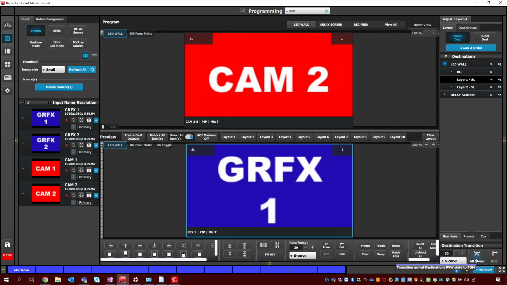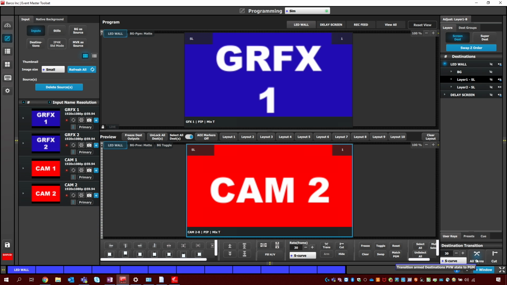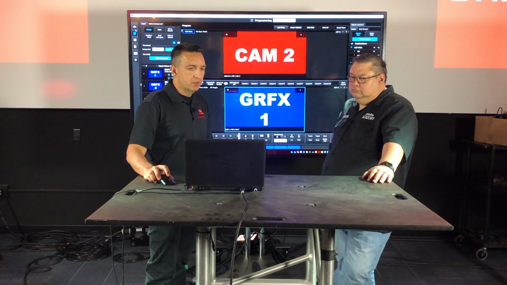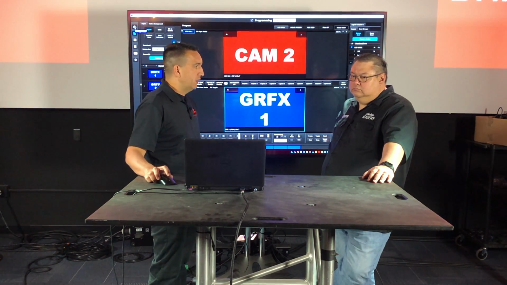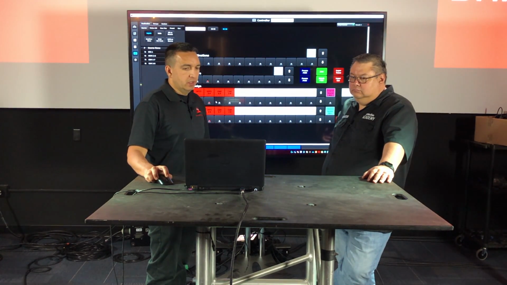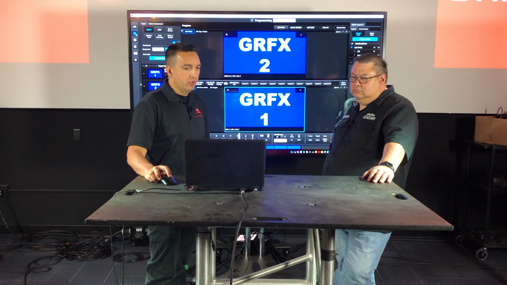And then if we had our T-bar here, we could just T-bar back and forth, or we can hit all trans. Now, once the layer is live on program, we can go back into our controller and potentially, say, line cut on our